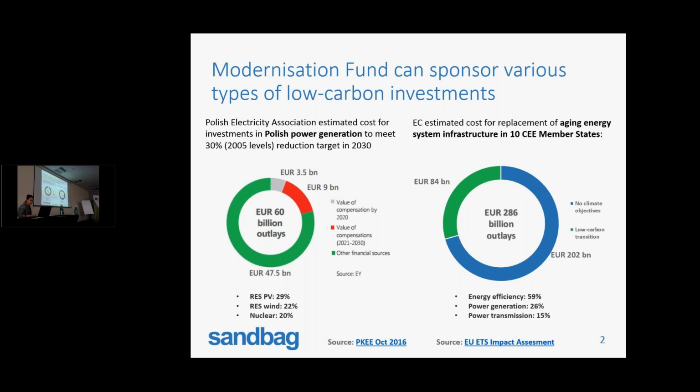Well, however you look at that, to keep the energy bills low with the modernization fund, I guess you could go 2 ways about that. And very purposefully, I added the Polish Electricity Association data on that slide, because it presents the view that you can modernize the energy sector mostly through investments in power generation, really. So this is the analysis made by Ernst & Young for the Polish Electricity Association, which shows that